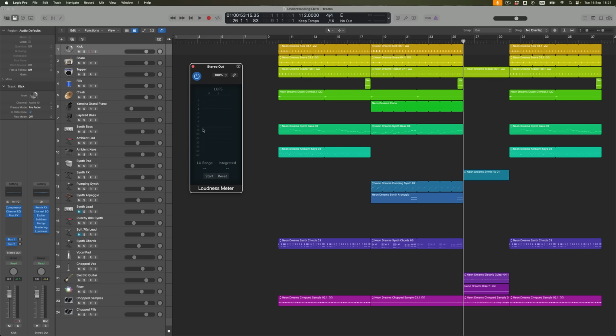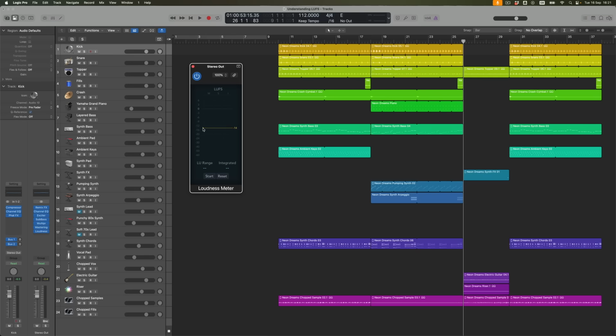But the really crucial thing for you to know is that rather than that just being an absolute line in the sand, LUFS measurements on Spotify and other streaming services are about the volume over time. In other words, from the moment your track starts until the moment it ends. And that's going to be a really important piece of information when it comes to understanding how we can make our tracks feel nice and loud on those streaming services rather than sounding really clipped and quiet and much quieter than everybody else's tracks.